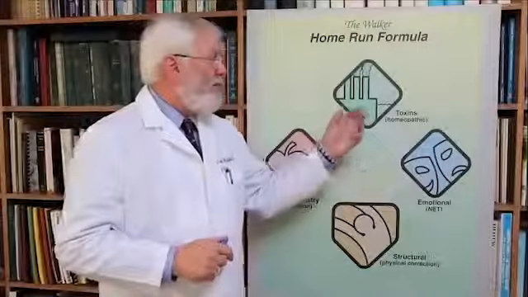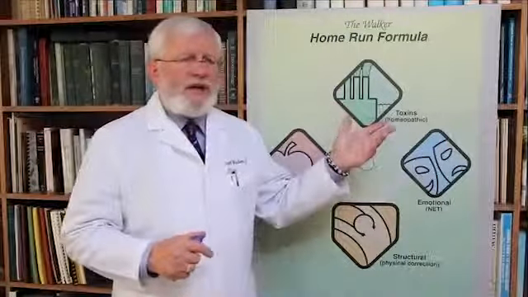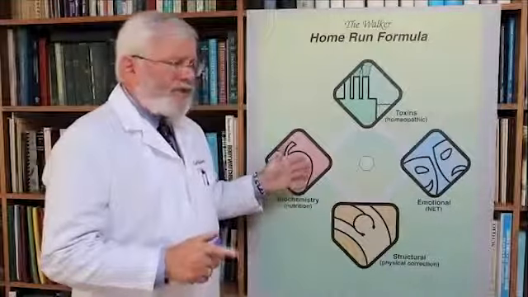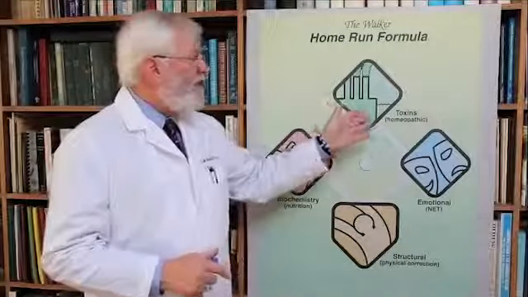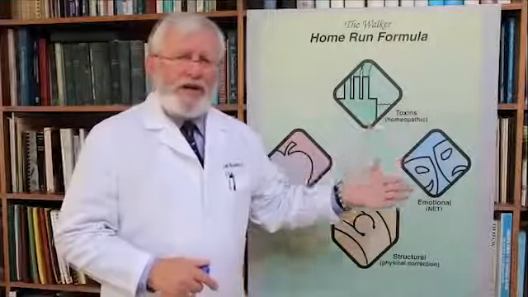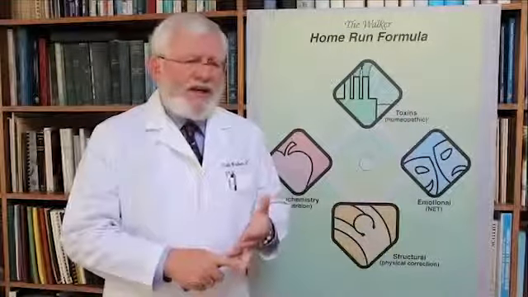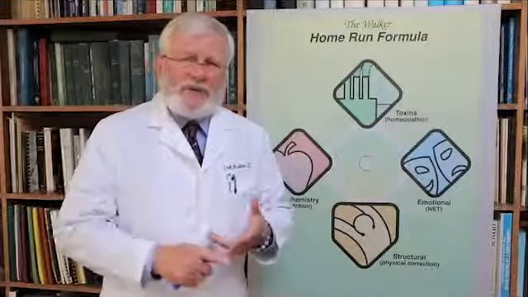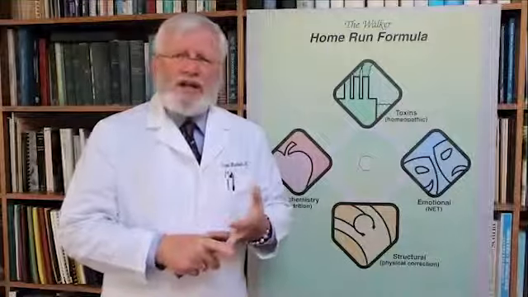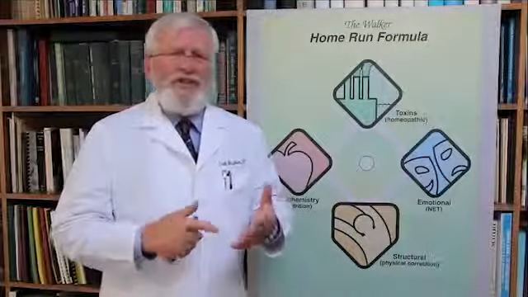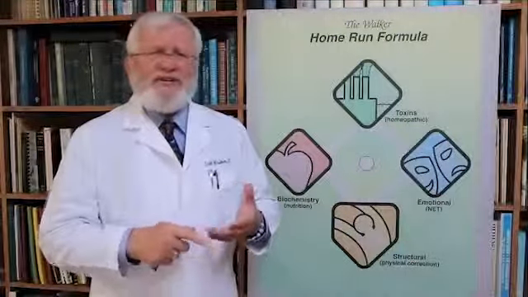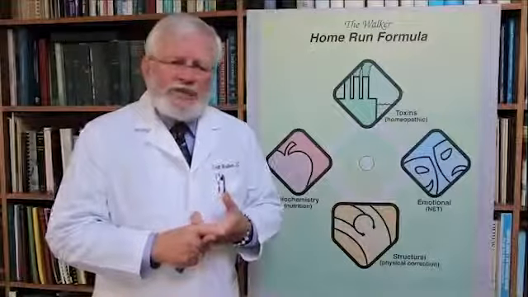Now I want to talk about toxins. What do I mean by toxins? Unlike biochemistry, the chemicals that should be in the body that aren't, these are the chemicals that are in the body that shouldn't be in the body. And that can be anything from a bee sting, a mosquito bite, pollution that you're breathing from cars, even the foods we eat. There's often herbicides, pesticides, and even preservatives.